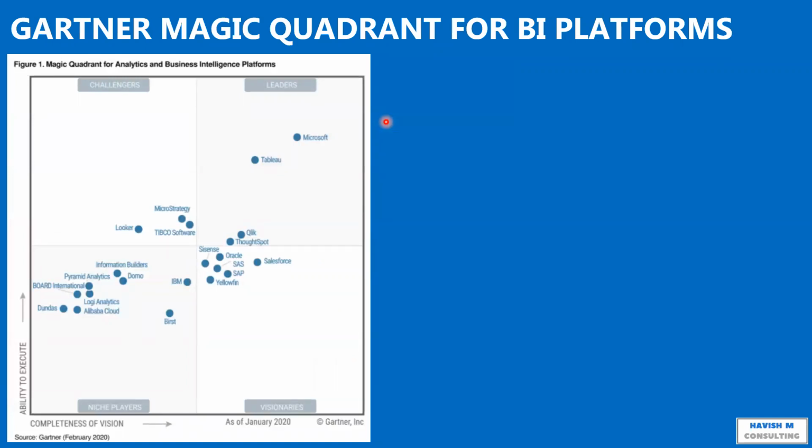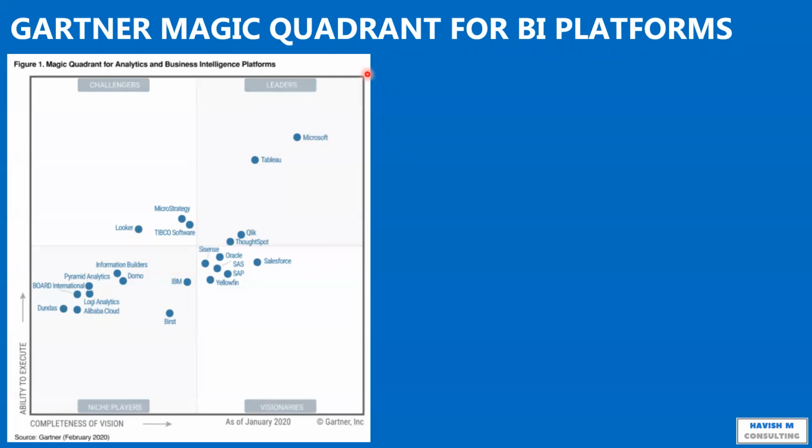Gartner comes up with an MQ every year, what they call the Magic Quadrant, and they do this for different areas in IT. So they do it for artificial intelligence, machine learning, automation, right? And in the BI platform, you notice that Power BI is number one, so it's the leader, and we have Tableau very close at number two, and then we have Qlik, ThoughtSpot, and then you have a lot of others. You have Google, you have Salesforce, SAS, SAP, Sisense, Oracle, IBM Cognos, right? So there is a lot of clutter here, but these two, as you can see, are way ahead of everybody else.